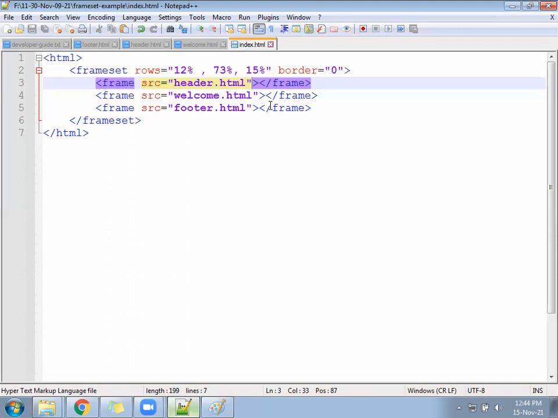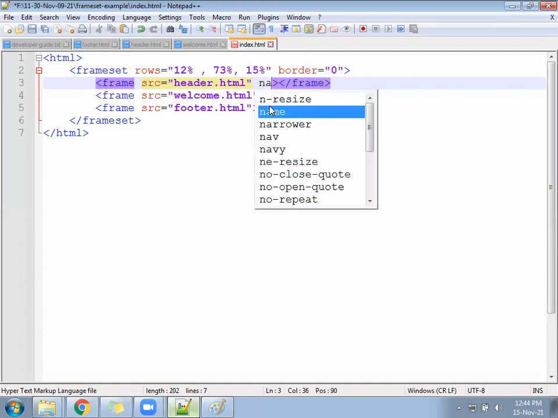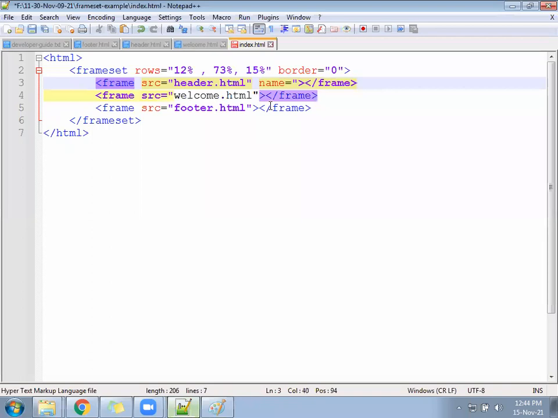So for every frame, you have to give a unique name, saying like, yes, the user will come, the user will click under the first frame, and data has to change under the second frame, third frame, not anything. Okay. So we have to write here a name called, anything you can give, ABC, and give here name equal to XYZ.